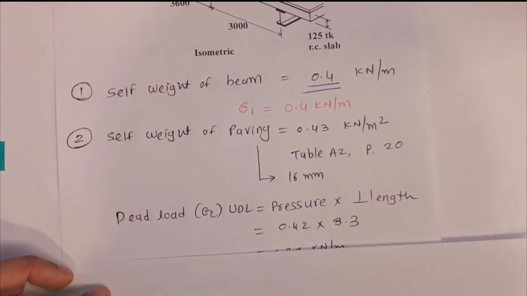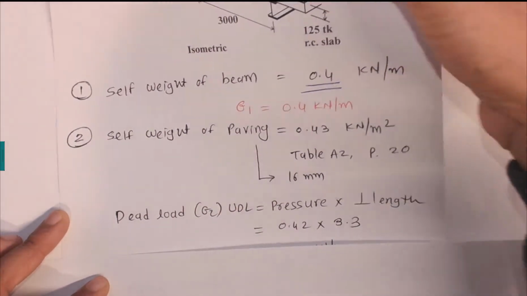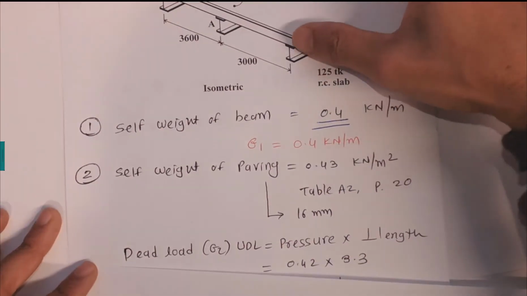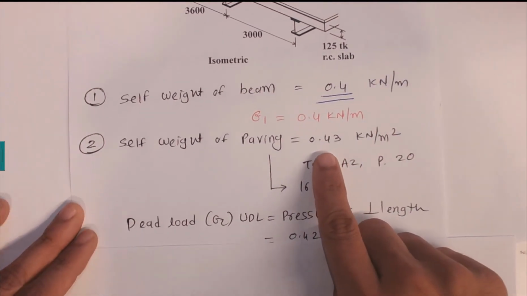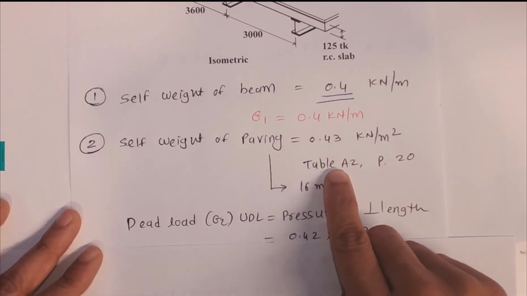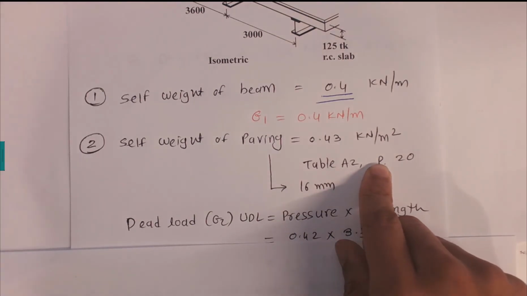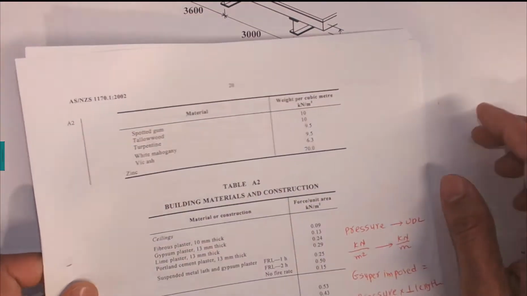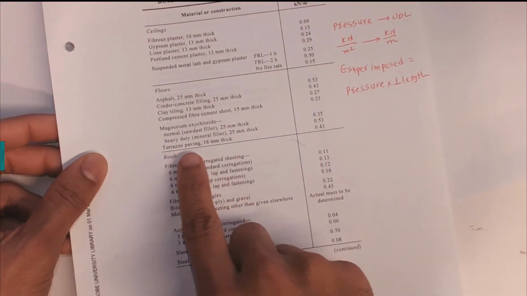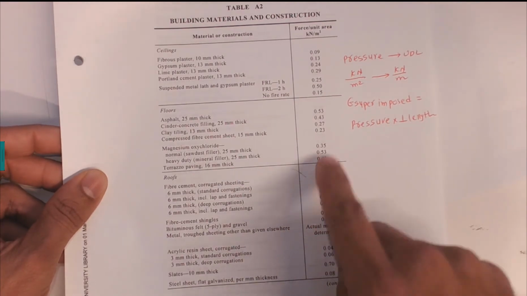Now the second case that we would like to calculate is the self weight of the paving. In the questions, this paving is 16 millimeter thick. First of all, we were not given any pressure for this paving, so we can use table A2 on page number 20 of the Australian standard. If you check the Australian standard, AS NZS 1170.1 2002, we can find that the terrazzo paving 16 millimeter thick has a pressure of 0.43